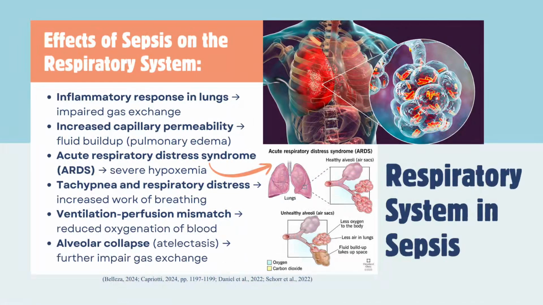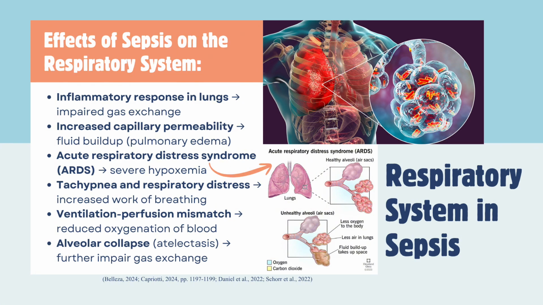In sepsis, the respiratory system is affected due to a widespread inflammatory response within the lungs, which impairs normal gas exchange. Increased capillary permeability allows fluid to leak into the alveoli, leading to pulmonary edema. This fluid accumulation further disrupts oxygen exchange and reduces lung compliance. As the condition progresses, acute respiratory distress syndrome, or ARDS, can develop, which is characterized by severe hypoxemia,